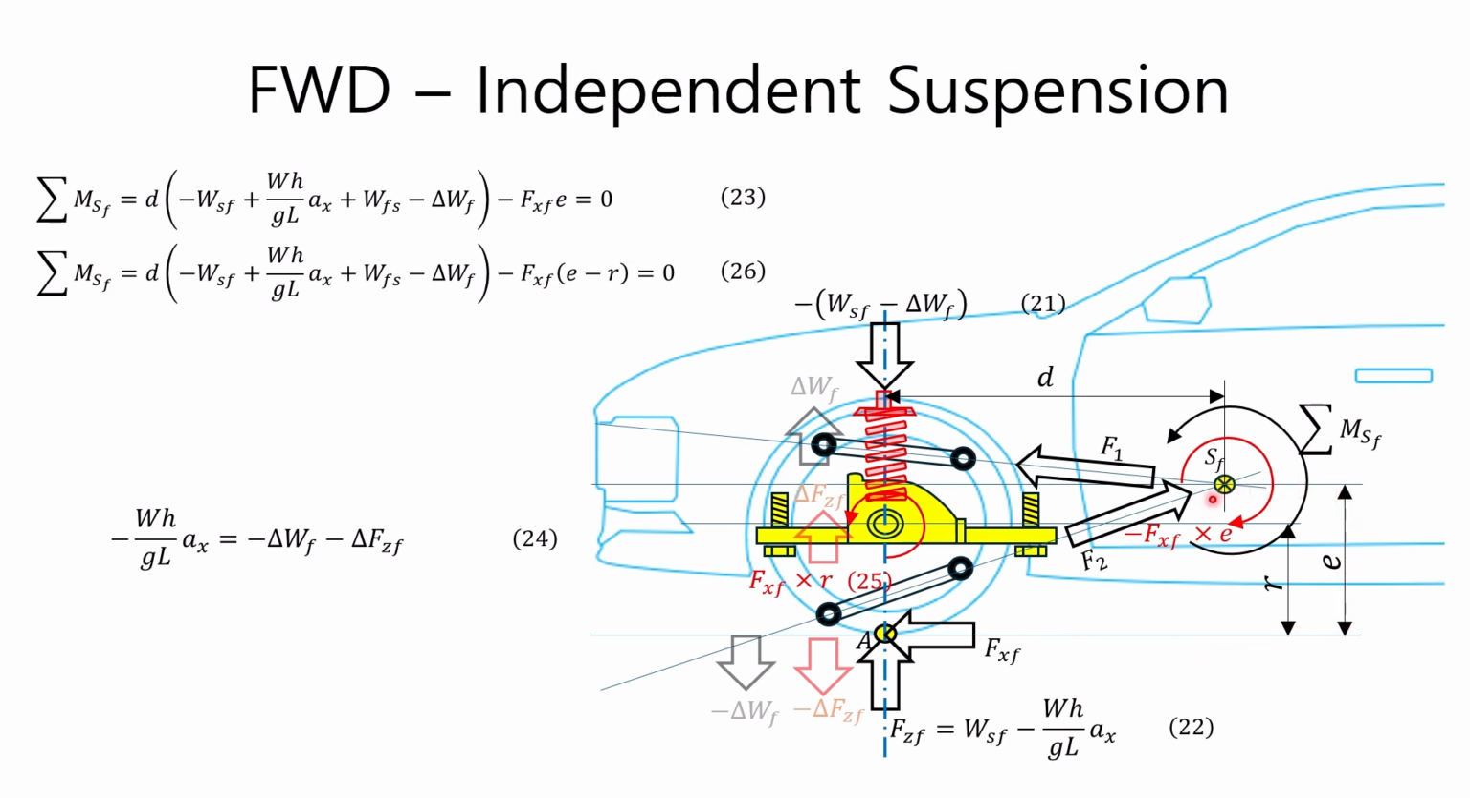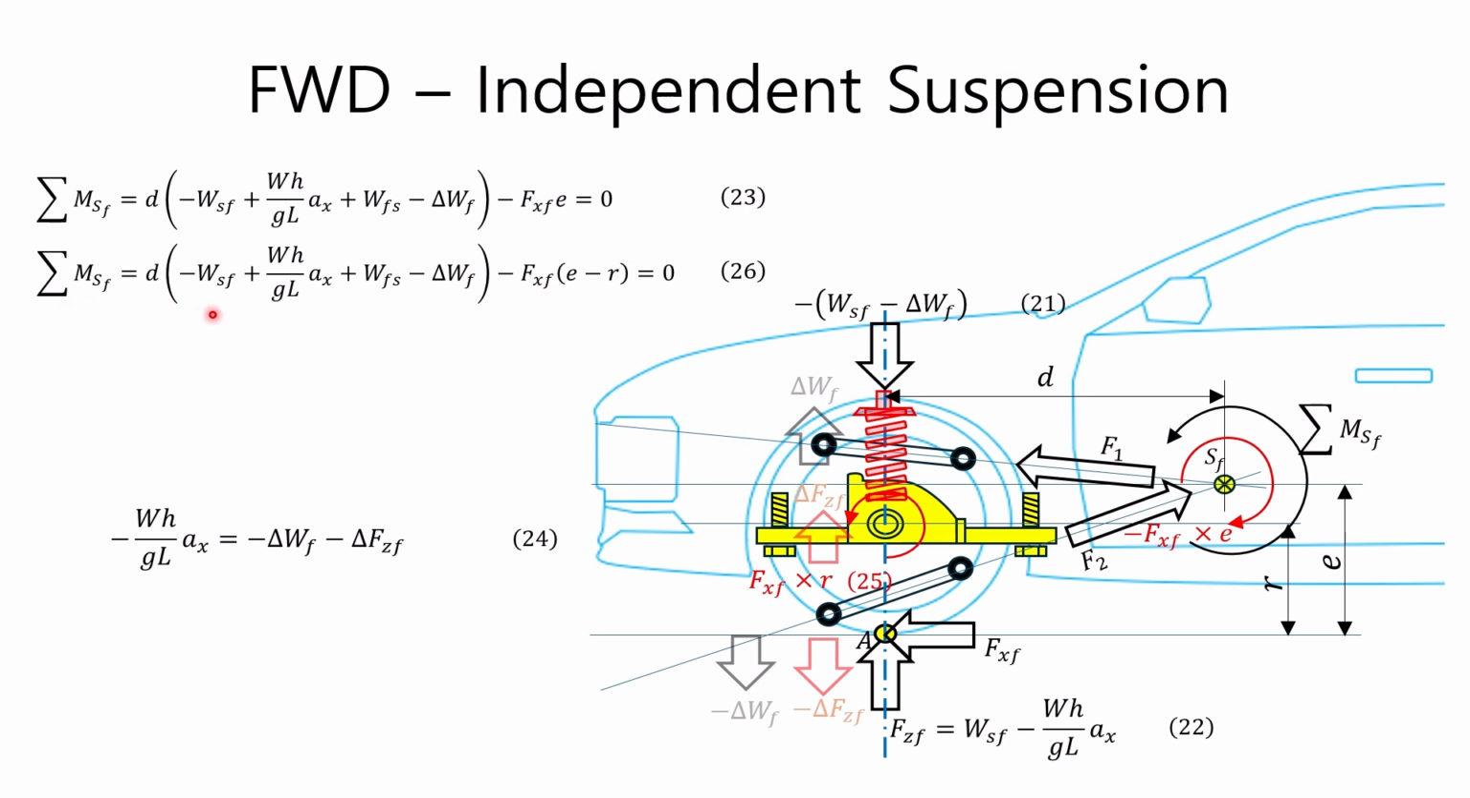Therefore, by adding the moment generated by the differential mounted on the sprung mass to the moment equation 23 for the solid axle suspension obtained earlier, the moment equation for the independent suspension can be obtained as equation 26. Since the sum of the moments generated by all forces about the virtual reaction point, SF, should be zero, and the counterclockwise direction is defined as the positive direction, all moments about the virtual reaction point, SF, can be expressed